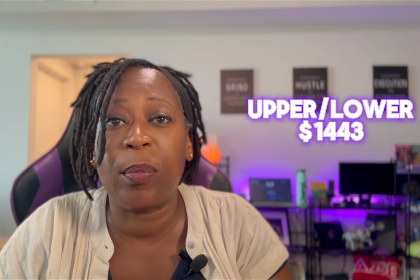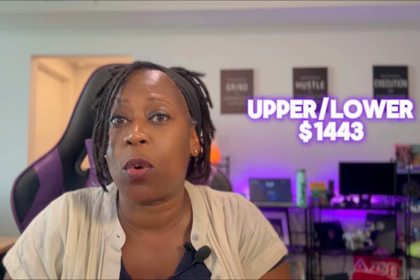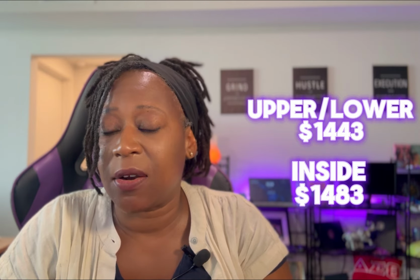$1,129. Now, if you are a drinker, and because NCL has the free at sea, let's take a look at adding in the drinks as well. So if we add in the drinks package for our solo cruiser, that brings our upper lower cabin to $1,443, and our inside cabin is $1,483. Now hold on for just a second, because I know that's a lot of numbers, but before we sum